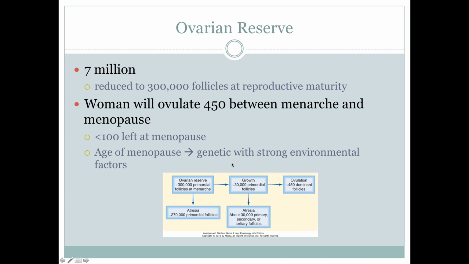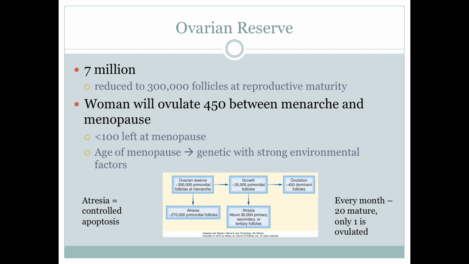So this is just showing you the reserve that's left over, how many grow, how many are ovulated, about 450. And sometimes they just go away, and that process is called atresia. So when they're around for too long or there's something less than ideal about them, they just die. We don't need the energy to go into keeping them alive. So atresia is just a normal process of things not needed dying off. So controlled apoptosis is what we call it. You can say apoptosis if you want. It's up to you.